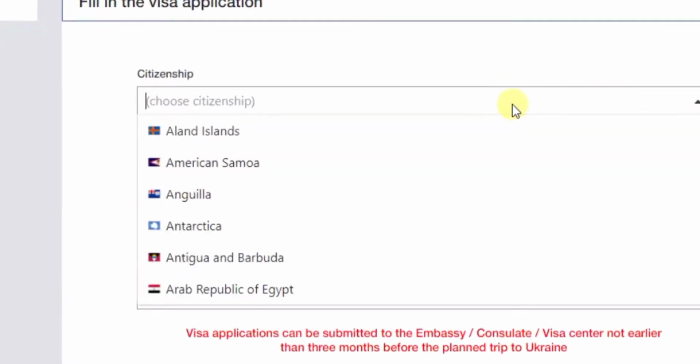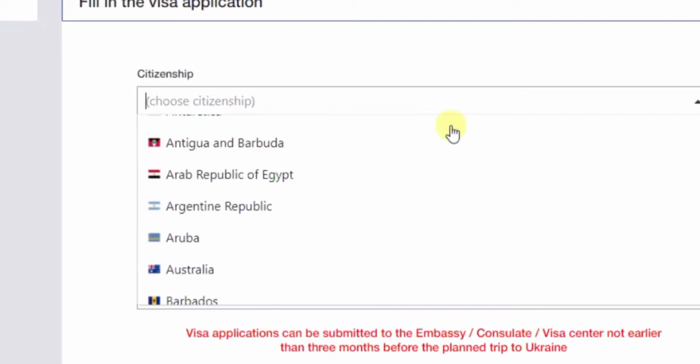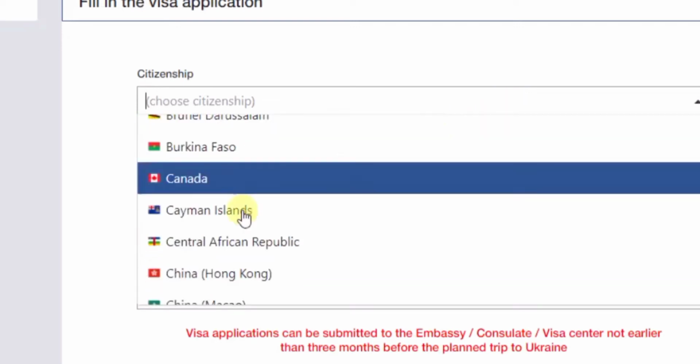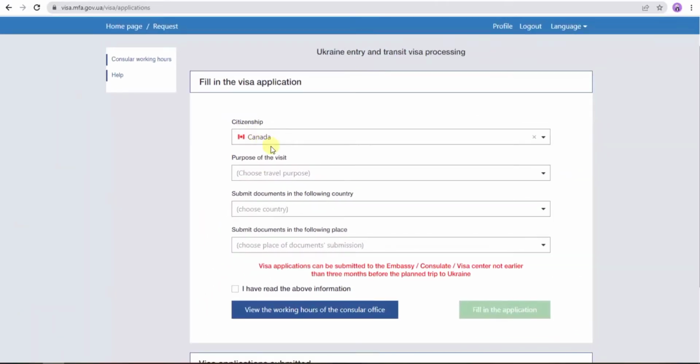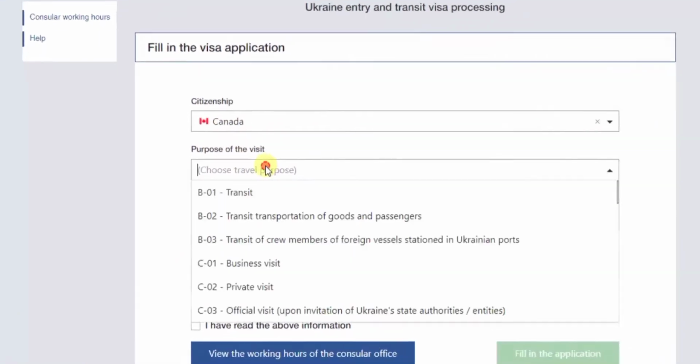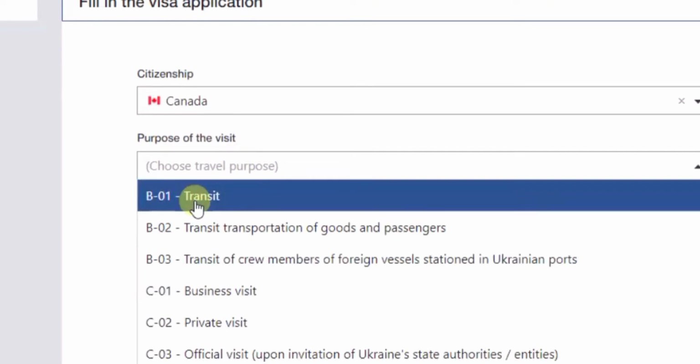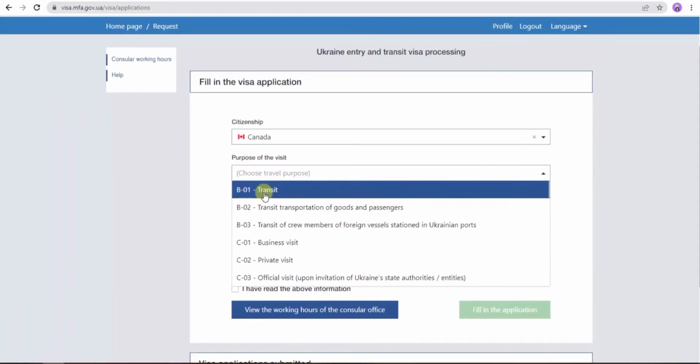You need to choose a citizenship, and I'm choosing a random citizenship. Okay, it's choosing Canada. The purpose of visit: the transit visa. You know the example of the transit. You are the passenger who transits from one place to another by passing through the Ukrainian port or Ukrainian airports. So that is called the